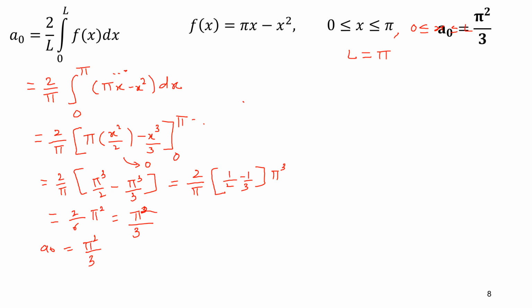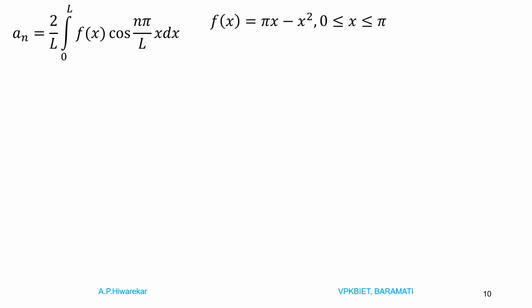Now we will find the value of An. The formula for An is 2 by L, integral from 0 to L, f(x) cos of n pi x by L dx. Here f(x) is pi x minus x square, and the interval is 0 less than or equal to x less than or equal to pi. We have already calculated that the value of L is pi. So A0 is 2 by pi